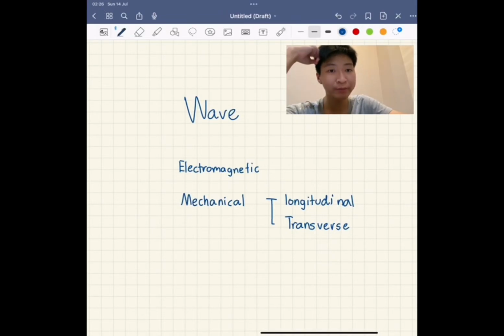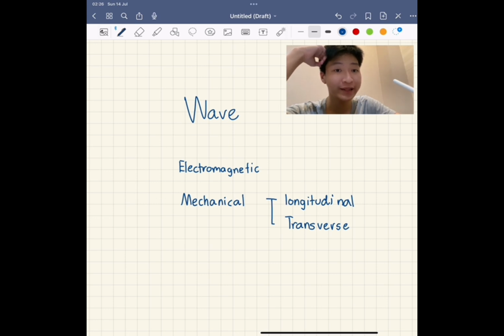Hello, today we'll be presenting about the fundamentals of waves, and let's start with the concept of a wave, which is: what is a wave? A wave is a disturbance that transfers energy through vibration or oscillation from one place to another without transferring matter. And one thing that I want to clarify is that a progressive wave is a wave that travels continuously in a medium and in the same direction without changing its amplitude.